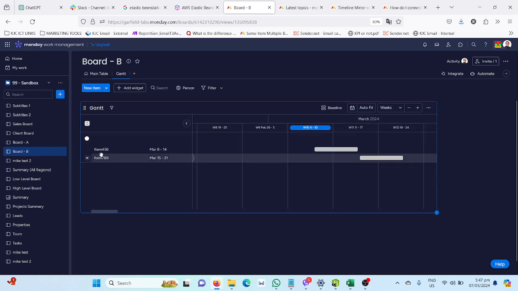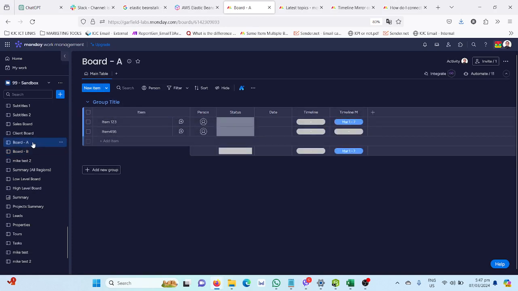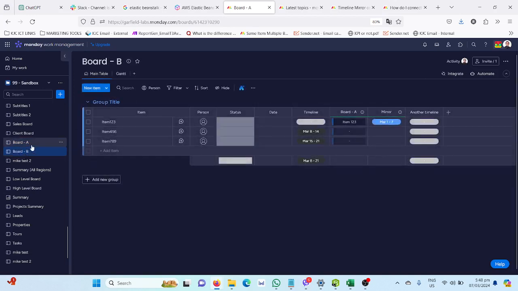Alright, so it picked up the two other items because if you go back to the table, the timeline there is a native timeline column. Okay, this is the exact problem that this user is encountering. So in summary, he really can't use this mirror column. But what he needs to do is to link that column. Any changes made to this board here should reflect to board B, and should reflect to the Gantt chart eventually. So what we're going to show you is an app Formula Lookout developed inside